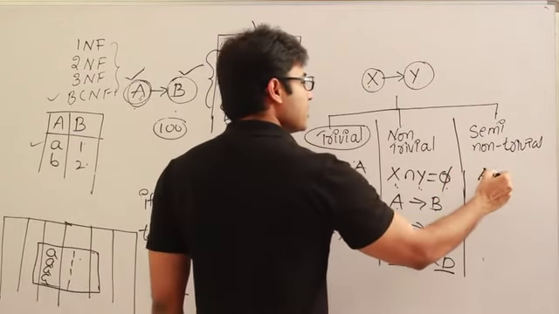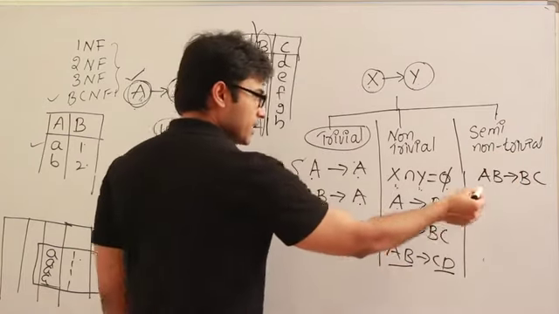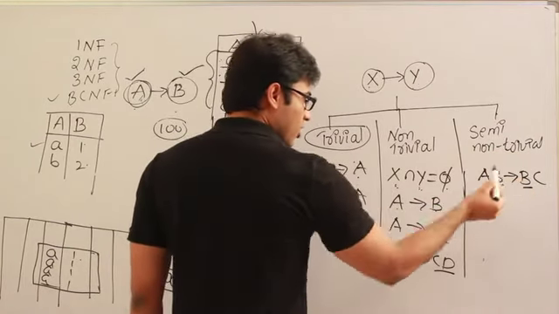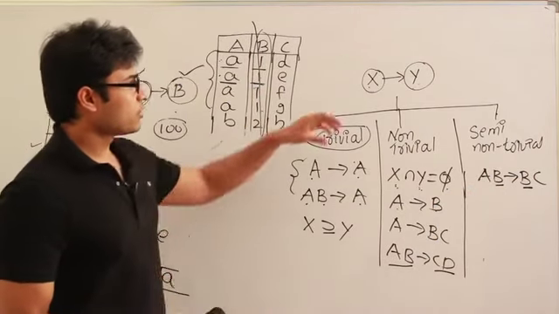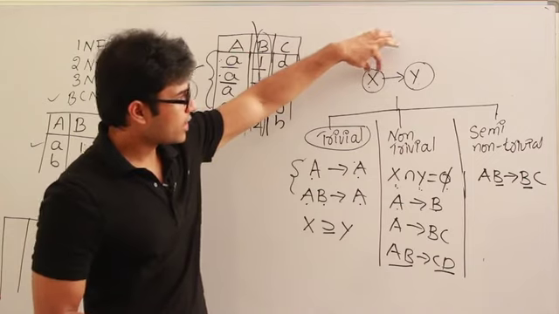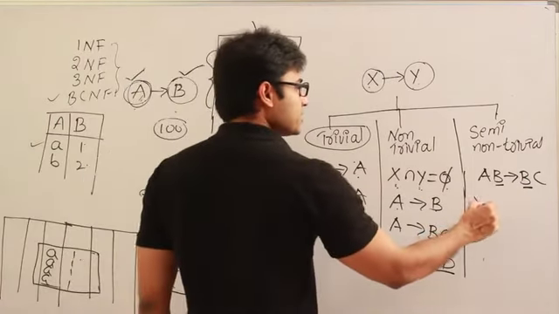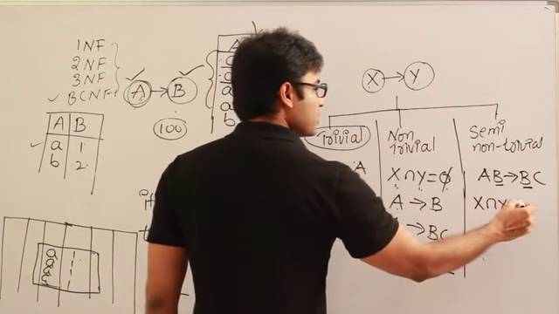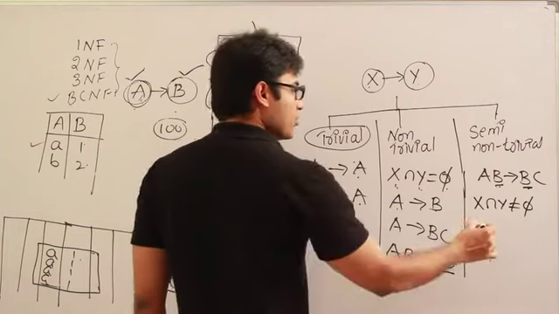Let us say AB derives BC is semi non-trivial, which means there is something in common. It is not completely deriving something new. So to define it formally, if you have x and y as collections of attributes, then semi non-trivial means x intersection y is not equal to phi, which means there is something common between them, and moreover x